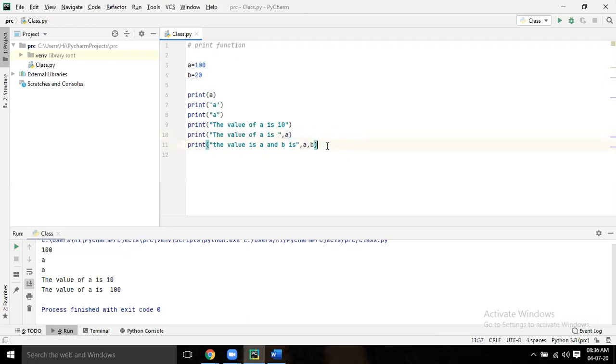Now run it. So like that you can give comma, comma to print all of these.